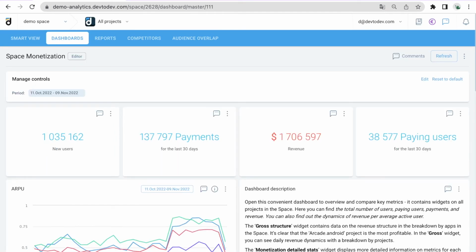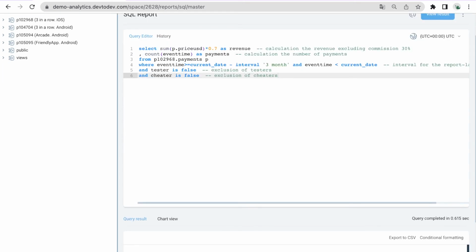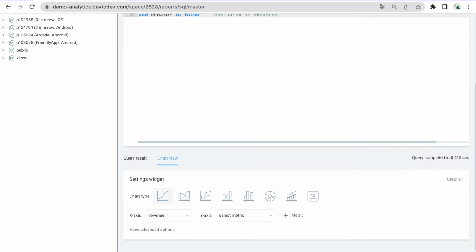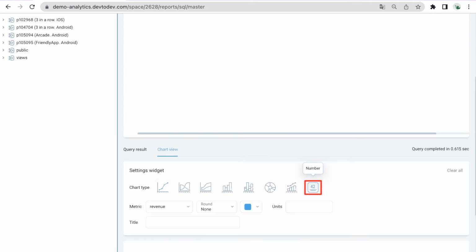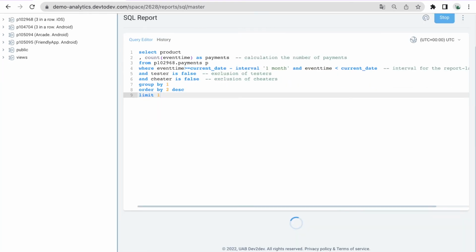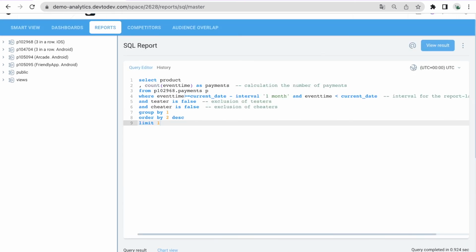You can also create another kind of widget in SQL Report. This is a number format that occupies one cell on the dashboard and allows you to keep the KPI of the project at hand. To create such a widget, the query result must contain only one row. We need to select the number we want to display in the widget, and then save it to the dashboard. In this widget, you can display not only a number, but also text. For example, the most popular item purchased in the last 30 days. This means you can display the most important information on the dashboard to help your team with monitoring, data mining,